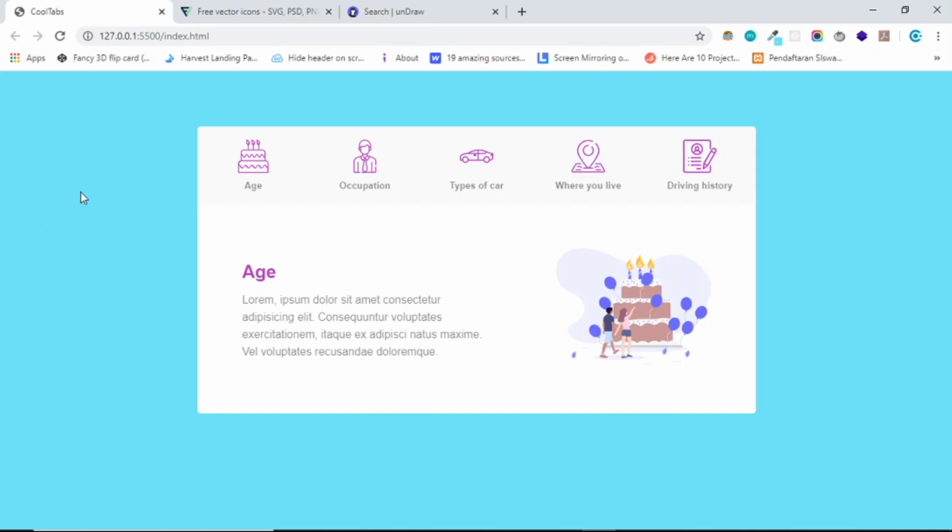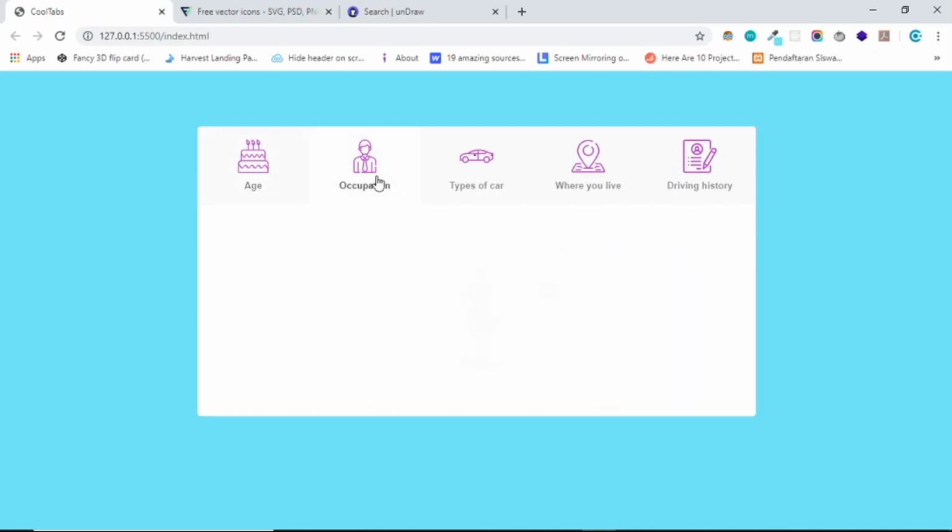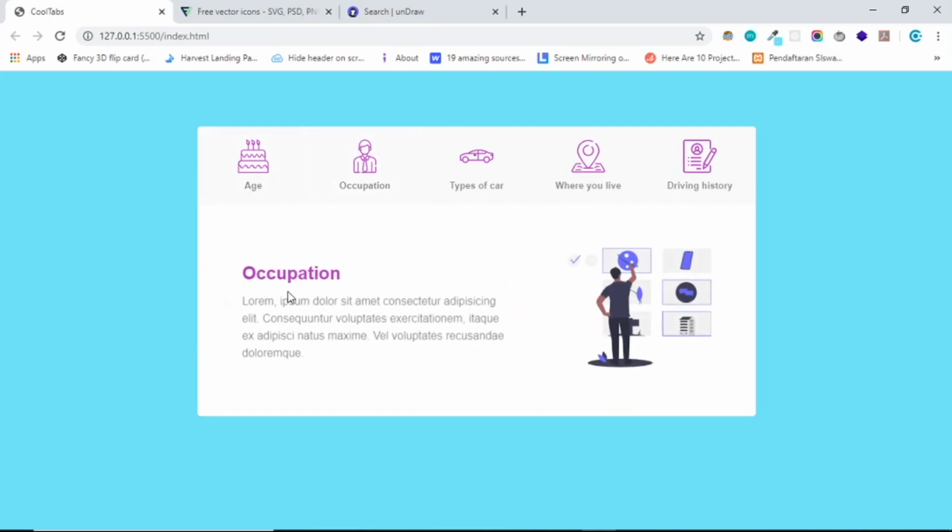Alright guys, so welcome back to another video, and in this video we're gonna create navigation tabs using HTML, CSS and vanilla JavaScript. So this is the final project we want to create today, and as you can see in here we have the navigation with the icon and the text navigation as well, and the content in here. So if I click the occupation tab, as you can see the content should come from the left side,